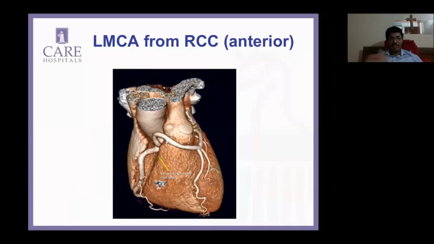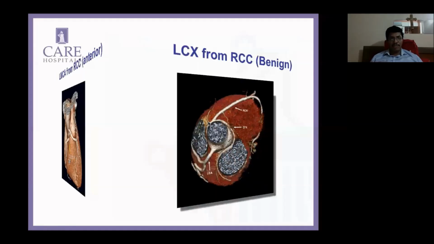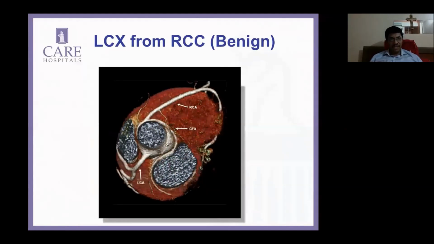So this is just some of our other experience. I'm just going to show this quickly. Again, another patient with left main coming from the right side, but here it is anterior to the main pulmonary artery, anterior with no interarterial course, and dividing into the LAD in the IV septum and the circ in the posterior AV groove. So this is a benign abnormality,